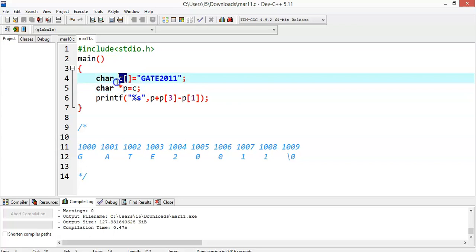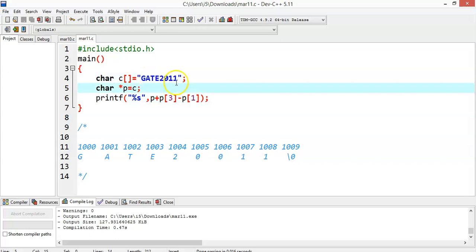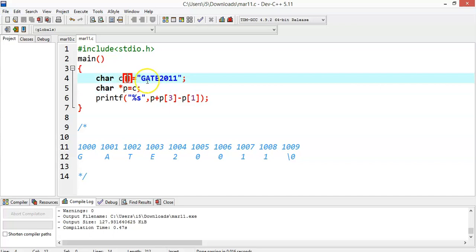So what is an unsized array? If you are not aware of the array length, then you can just declare it empty and initialize it at the time of declaration. The size of the value declared will be taken as the size of the array. That is what unsized array means.